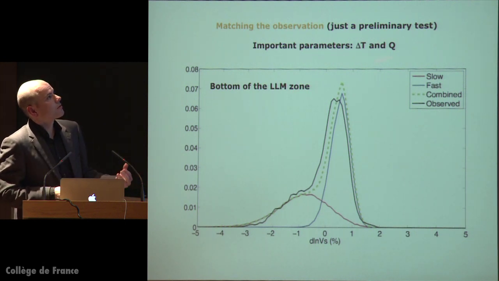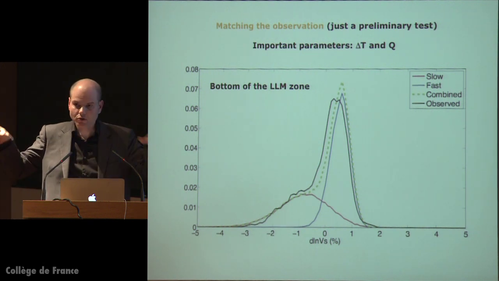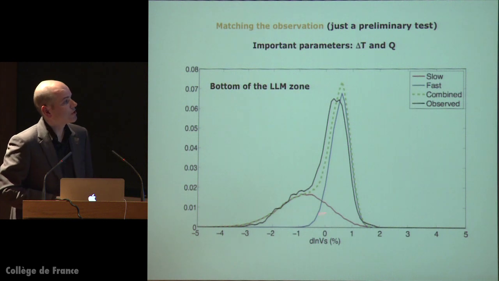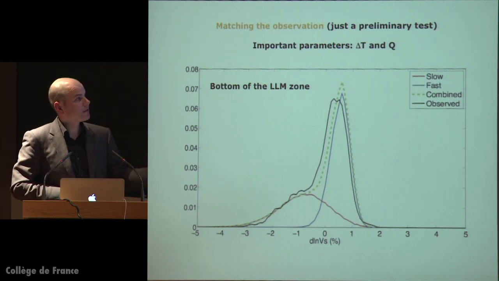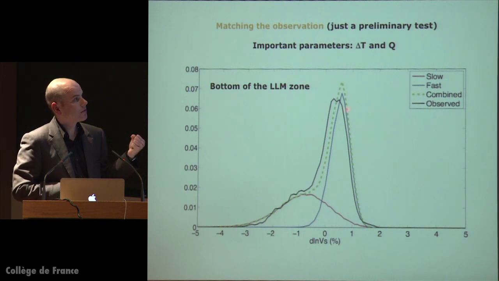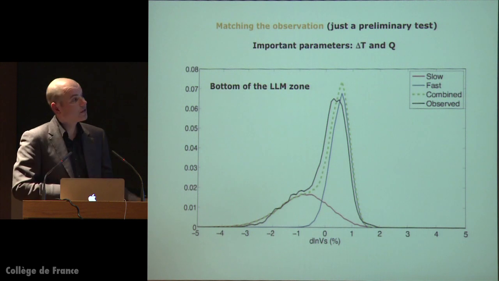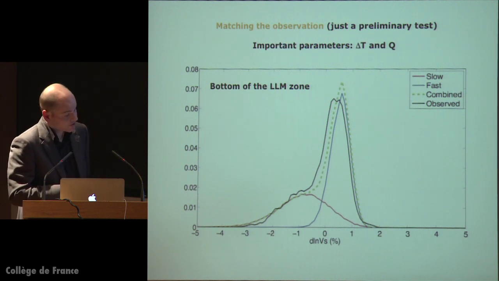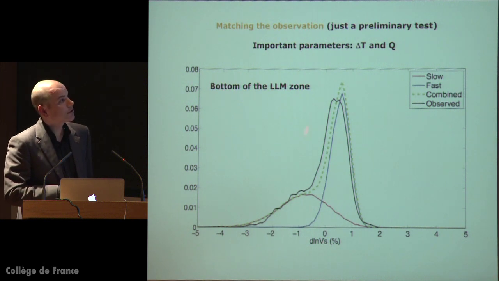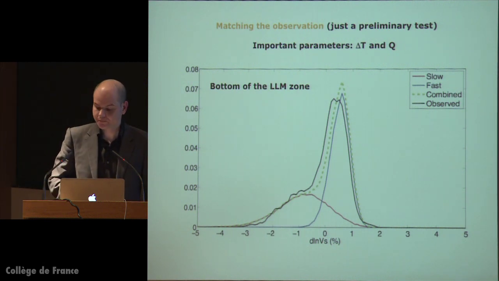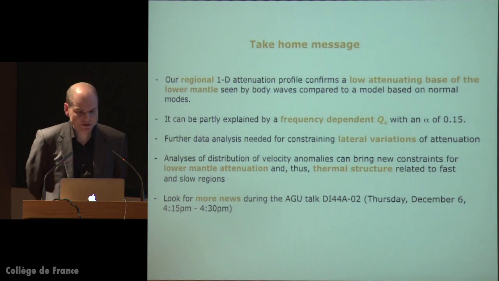Then we picked some delta T and some Q, and some other parameters that I won't go into the details of here, and we generated a fast distribution and a slow distribution, and then added them, and we find that for some delta T and some Q, we can get a very good match between the two. So the take-home message is that